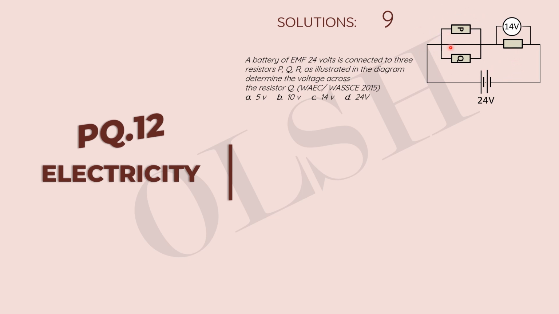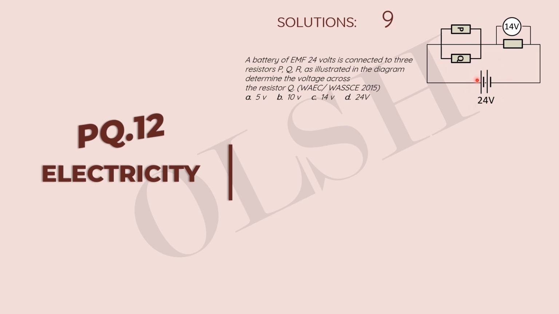Of course, we know the voltage across Q is the same as the voltage across P. And if you look at this carefully, we'll see that the PQ network is in series with this resistor here, which is resistor R. So PQ is in series with R, while P and Q are in parallel with themselves. Of course, we know why by now. Since we have this in parallel and we have them in series to this, the voltage across resistor R and the voltage across the PQ network